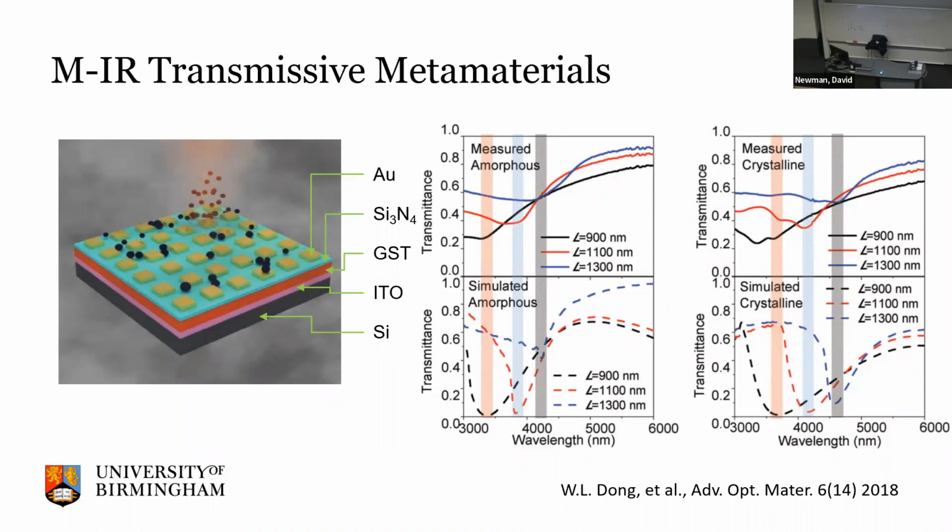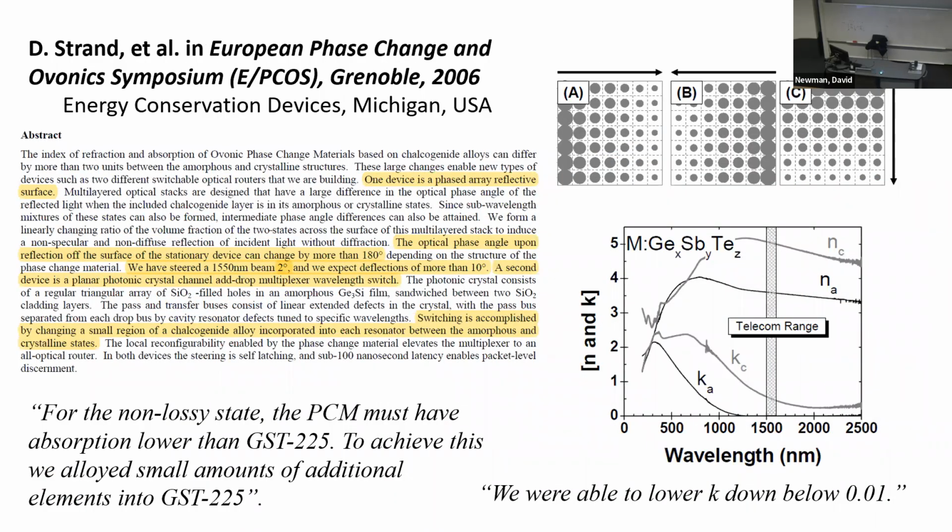But transparent metamaterials are actually much nicer if we want to make tunable beam steering devices or some kind of filters that we can put in front of detectors. But it looked like these plasmonic approaches were not really that suitable. So there was a clue of how we might be able to do these kind of transparent beam steering devices